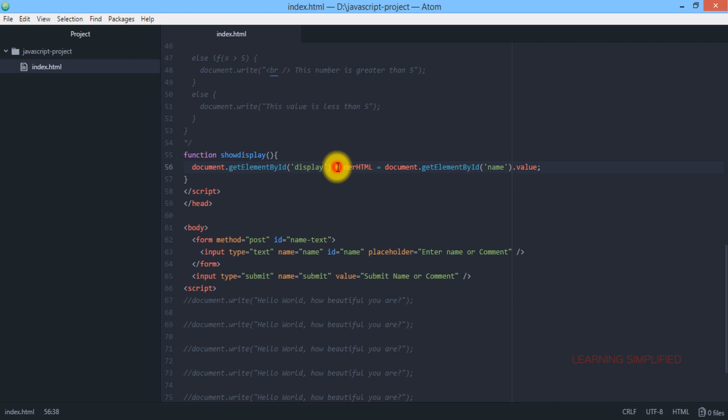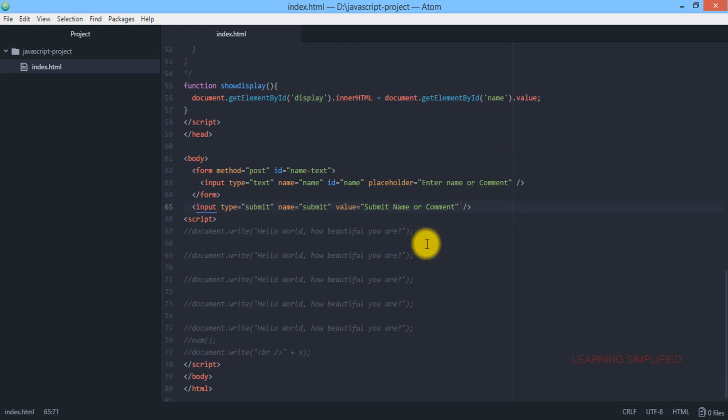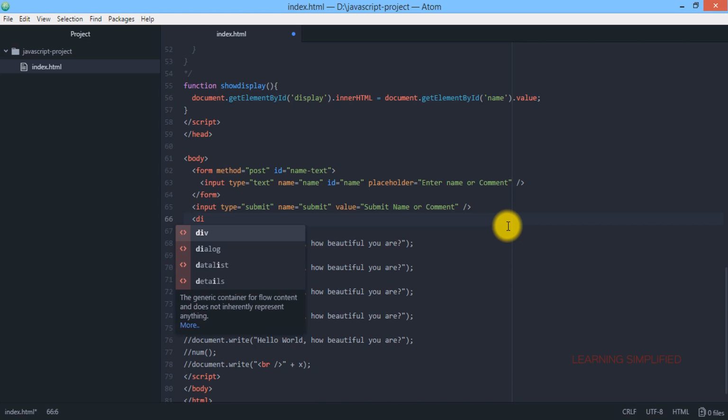By this set of instructions, we can simply say that anything with an ID name of display will be written with the value that has been retrieved, the value of the same exact form field with the same exact ID name placed over here. This value should be retrieved by this ID name, which is name, and placed inside the inner HTML of this particular container with this ID name, which is display. Now if we come back over here, we can see that so far there has been no such ID name, so we should be creating one.